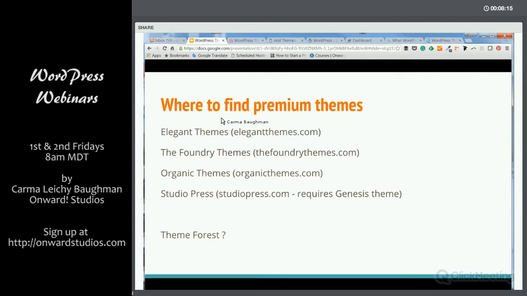Elegant Themes I have used and am very, very pleased with their themes. They're very, what's the word I want to use? They're very supportive. They're easy to use. They rate well with other users. So I am a fan of Elegant Themes. Now, these are premium themes. What we see inside the WordPress dashboard and the WordPress.org site,